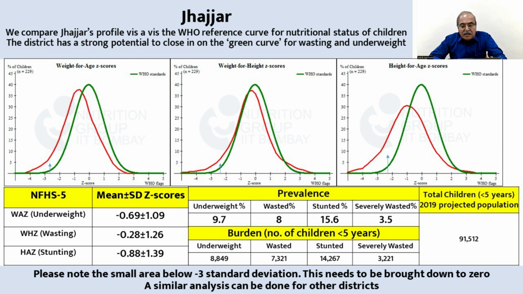And the first attempt any state or any district should make is to bring this number down to 0. And if you look at the Jhajjar figures, I think this is doable. It won't go to absolute 0, but it will come fairly close to 0. A similar analysis can be done for any other district. These standard curves can be drawn using standard available public domain software, but we will not bother the viewer with those details. Suffice it to say that Haryana can look at the possibility of some of its districts actually becoming Kuposhan Mukt in terms of wasting and underweight. Stunting, as I said, is a longer haul.